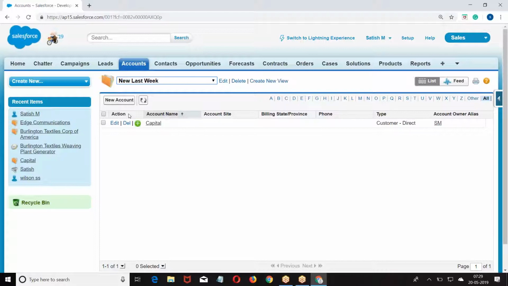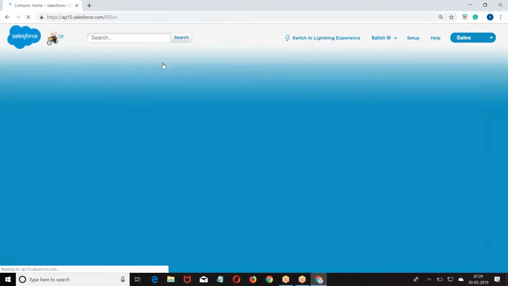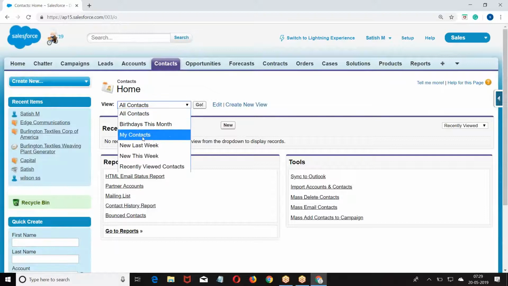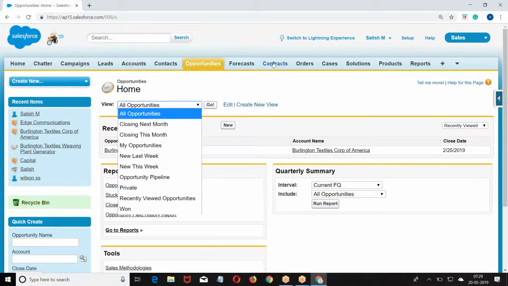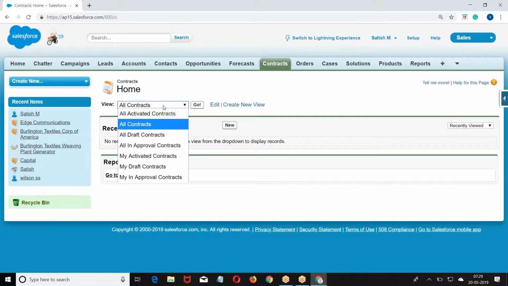Okay. On every object, we have list view options. Now go to contact, we are getting a list of options. Opportunity, list of options. Contracts, list of options. So on every object, by default, we have list view options.